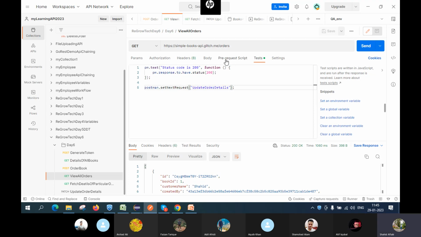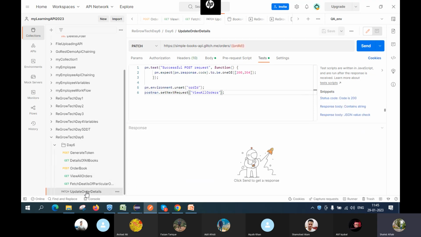Instead of this, I think we have to add this in the pre-request. The order starts from here, then it comes here, then it goes to update. Once it goes to update, then we have given view all. Then once we go to this view all,